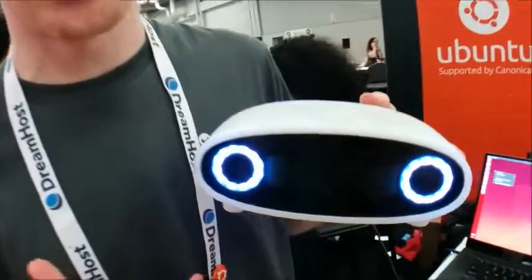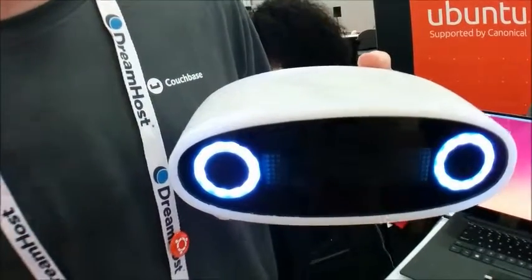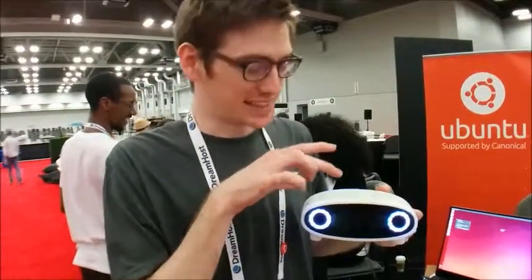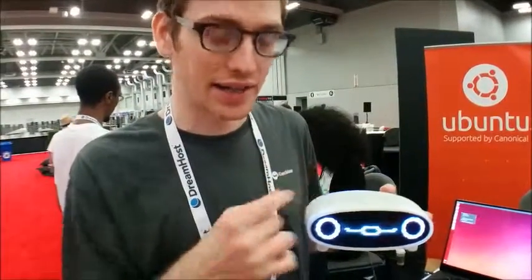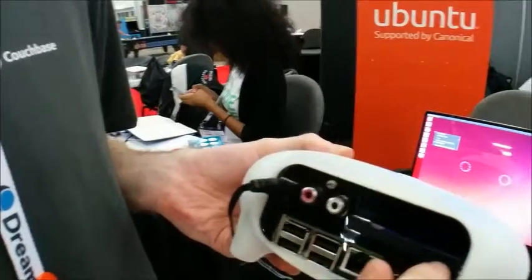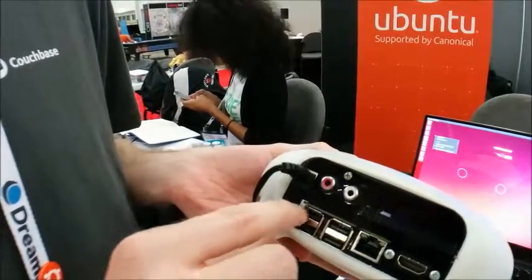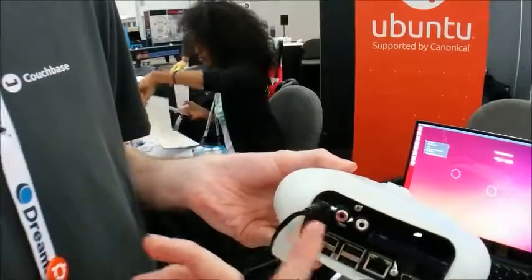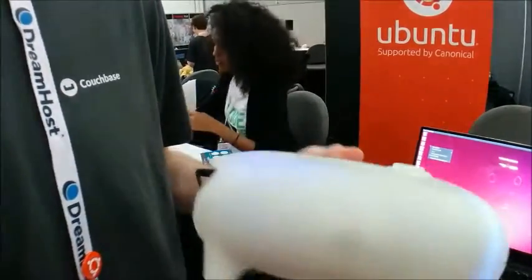Can you show off the hardware a little bit? Yeah, so it was the hardware that we kickstarted, and it's actually built for makers and hackers. So this is version 1.0. We call it the Holmes 4, and it's got a Raspberry Pi inside and an Arduino that runs the face. And then on the back, you can see we've got quite a few ports exposed. We've got the ribbon cable port here, and then we've got 4 USB ports, an Ethernet port, an HDMI port, RCA out, and of course the power. And also on the side...